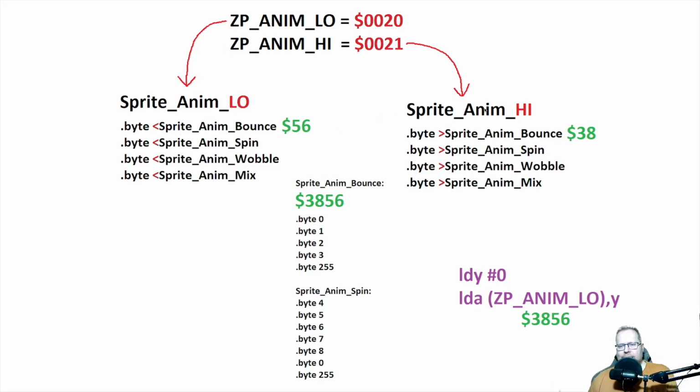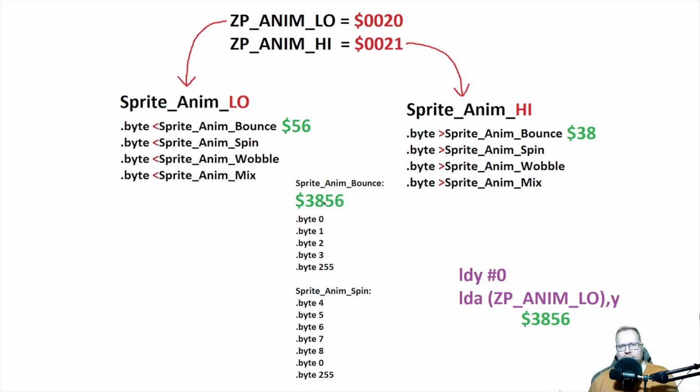And for sprite anim high, that's the high byte. This symbol means high byte. So here we say high byte of sprite anim bounds. So it's the same table, but this time we want the high byte. The high byte is 38 in this example. So the number that's actually stored into this position of the table is 38. So basically we have a memory address where this table starts. But